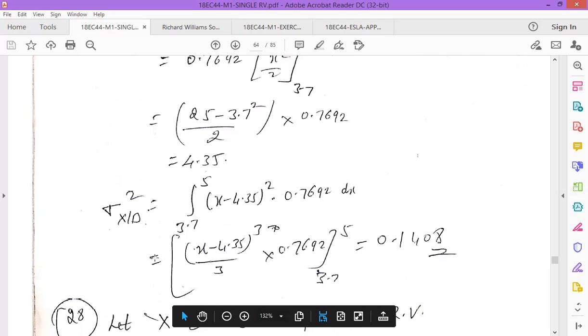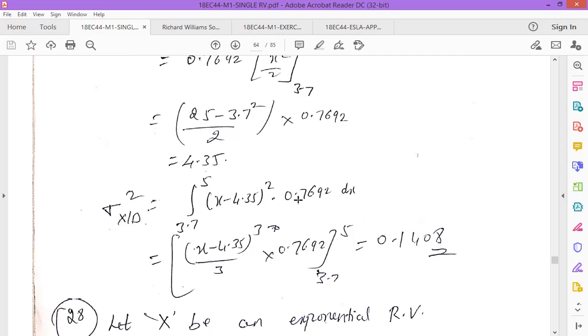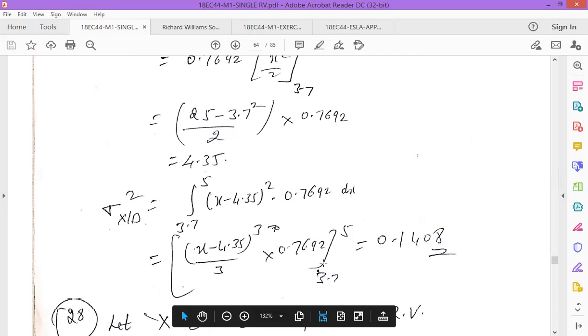Similarly, sigma x by b square. So here x minus mu x whole square into fx by b of x. So here you need to remember the standard deviation and the variance equations. For variance, we used to write x minus mu x whole square into fx of x. So here directly I have written the equation values. So here x minus mean is nothing but 4.35 whole square into fx by b of x, that is, the conditioned PDF value has been substituted. So you take this outside and simplify this x term. So here it will give the variance value.